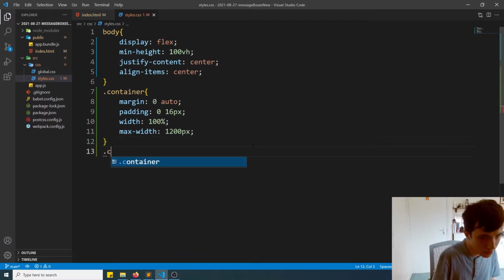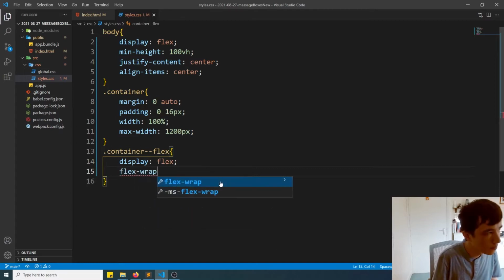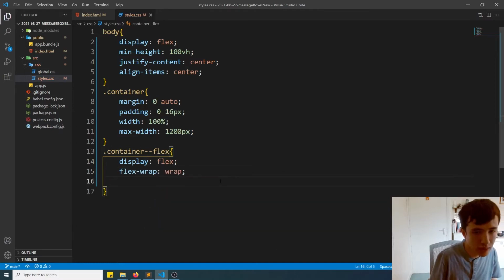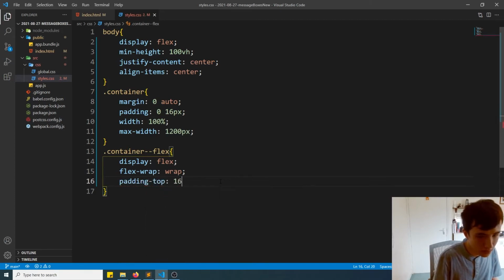What we'll then do, basically we're using BEM to do this, so we'll create a flex modifier for this container block. If you don't know what BEM is, I'll advise that you look it up. There are some good videos already out there on YouTube, so I won't explain it, and besides we don't really have time to explain it in this tutorial anyway. We'll set the flex wrap to be wrap, so that when the horizontal width is exceeded, it will start a new row automatically. And then we'll set the padding top 16 pixels, and we'll do the same for the bottom as well,